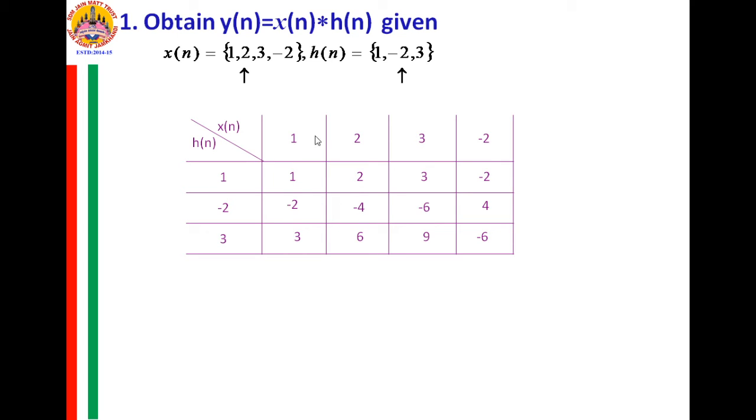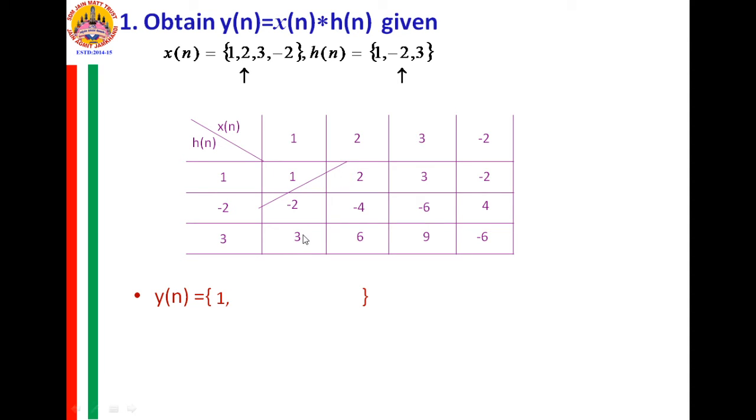Then, except this first row and first column, we have to select the diagonal elements of this table and add these diagonal elements and write y[n]. So first I will collect the diagonal elements and write y[n], and then based on that we shall identify the sample at n equal to 0. This is a single element in its diagonal. So we have to leave the first column and first row, and select the other elements diagonally. So this is the first element. So the first sample of y[n] is equal to 1.